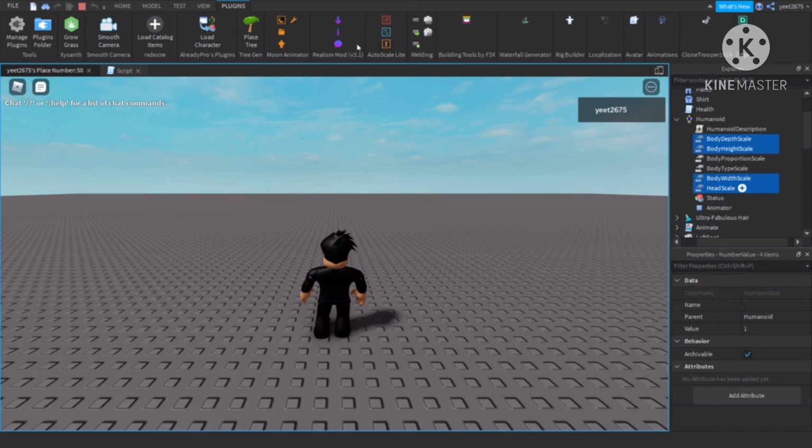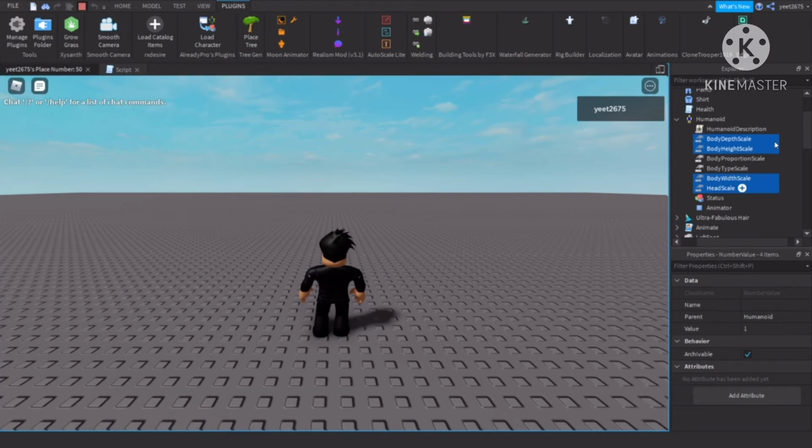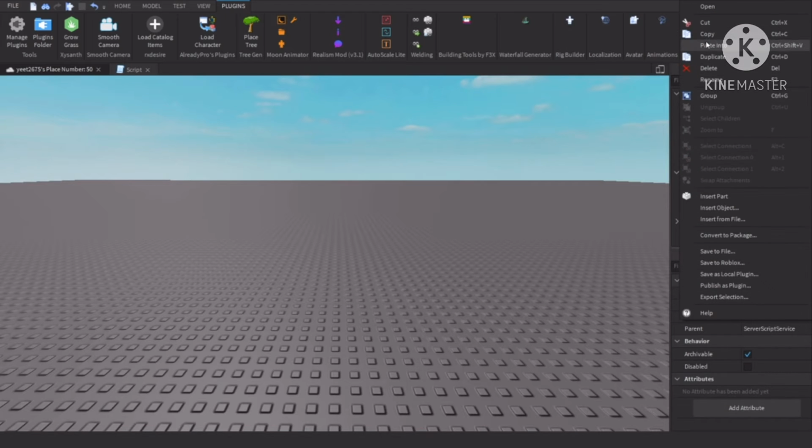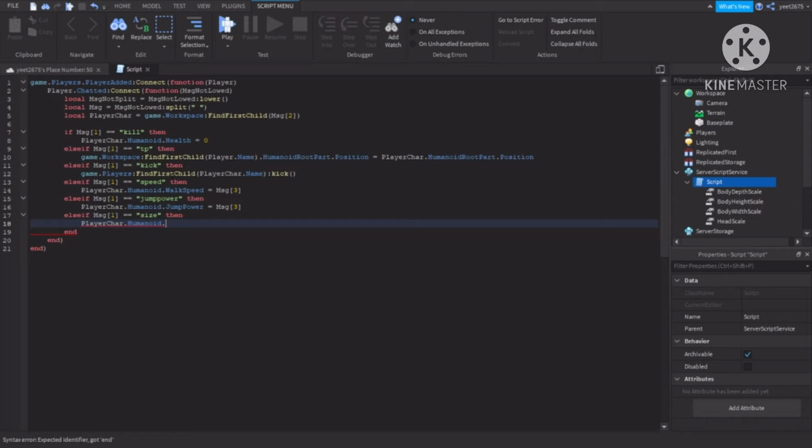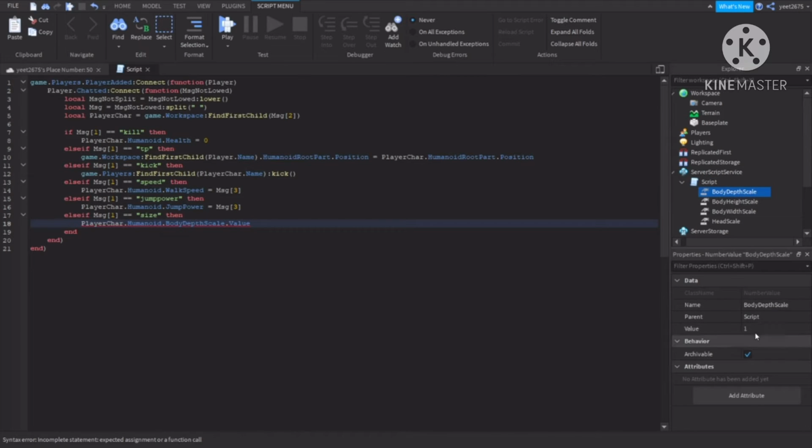These 4 we need. I'm just going to copy those, so remember the name. Paste into, and then player char dot humanoid dot body depth scale. Remember, you need to spell all of these right, and then dot value, because this is a value. As you can see here, 1, 1, 1, 1